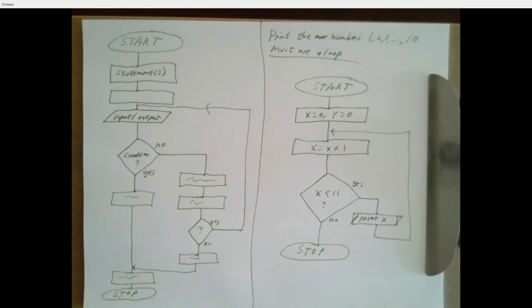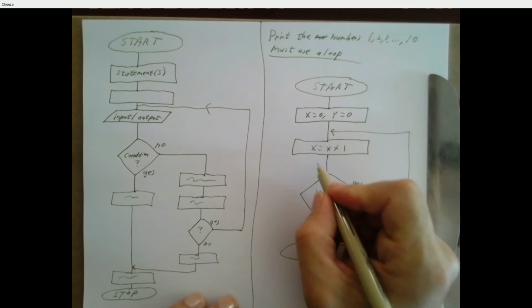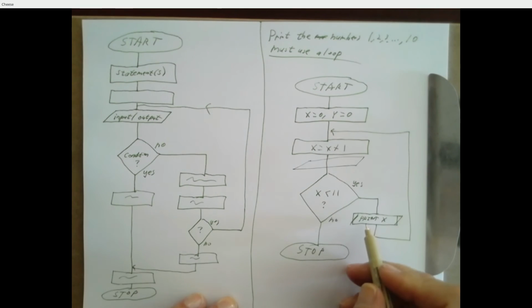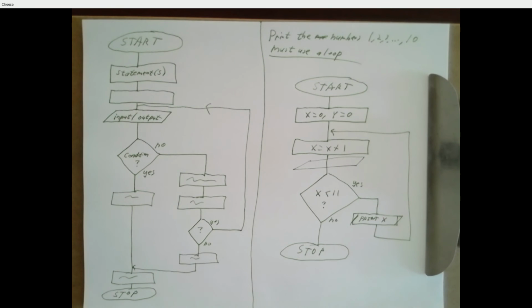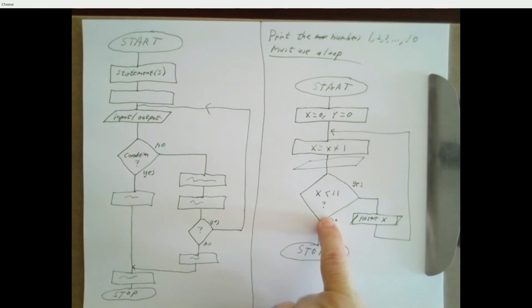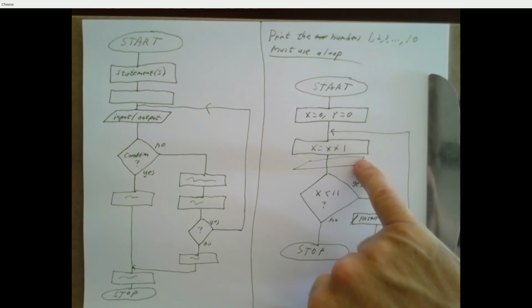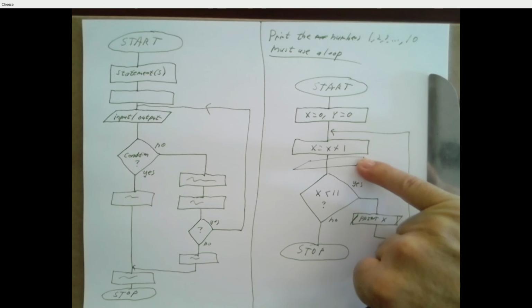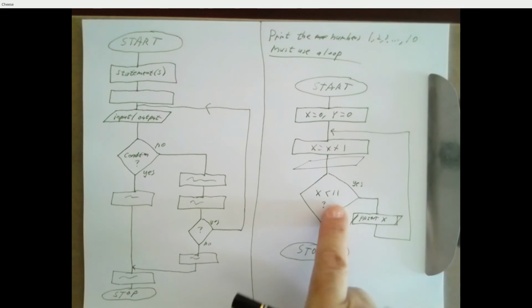What would happen if we printed right here instead of over here? Would that change anything in the output? You'd end up printing 11 at the end, because when x is 10, we'd come up here, increment it to 11, we'd print 11, and then we'd check to see if it was less than 11, say no, and we would stop. But could we change something if we really wanted to have our print statement here? We could change this to say if it's less than 10.